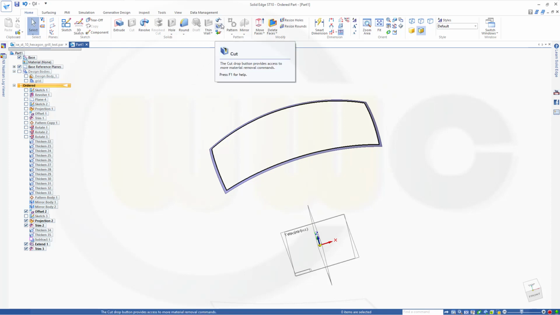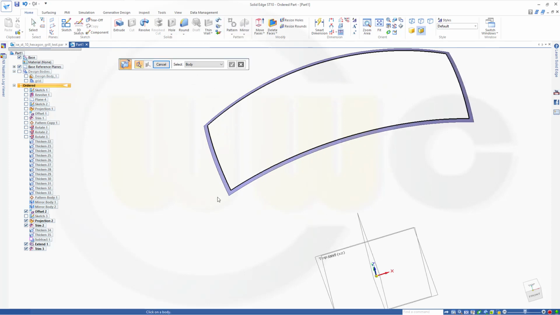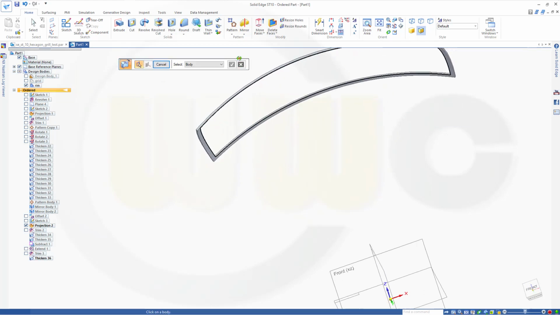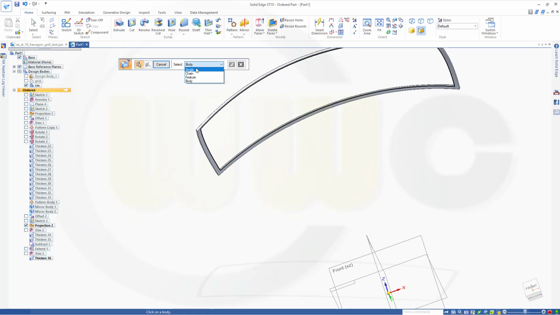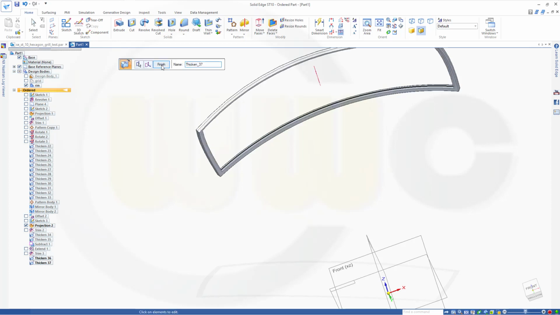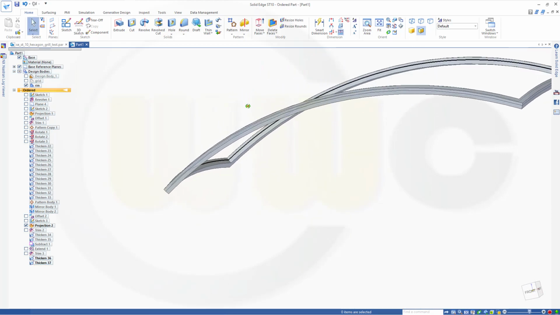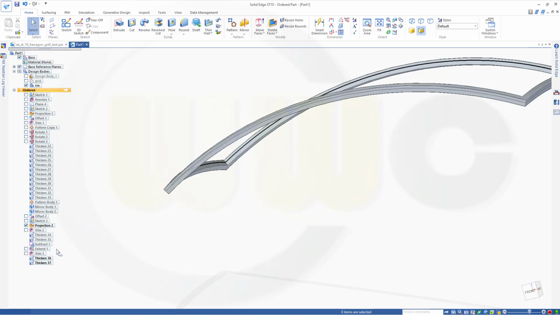So let's go to thicken. I want to thicken that surface 2 millimeter in that direction. Finish. And then I want to go for single, select that surface, right click and extend it or extrude it or thicken it by 3 millimeters. Finish, cancel this out. Now let's hide the projection,